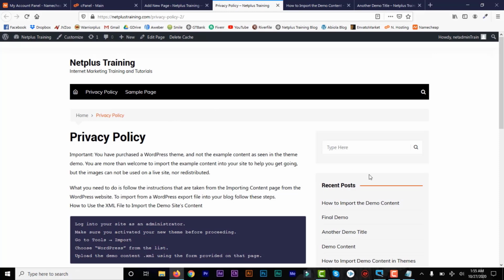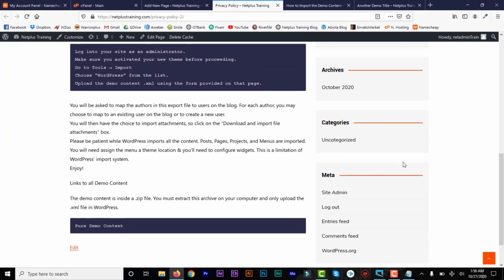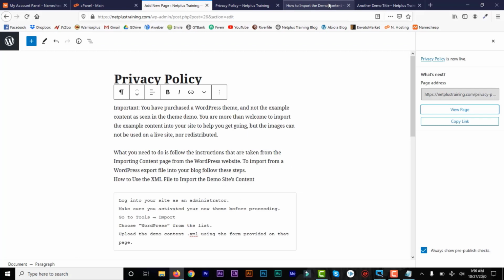On the page we need to remove, of course, the sidebar. We don't want a sidebar on our page, so we can go to the customizer and remove the sidebar. We'll do that later, but just to show you that this is how to do a page and a post. They're more or less the same thing. So let's go back to